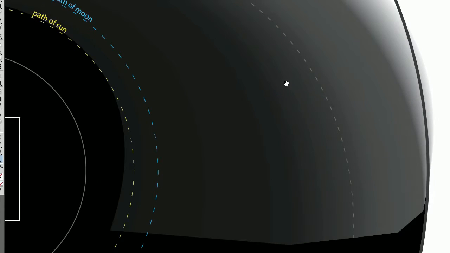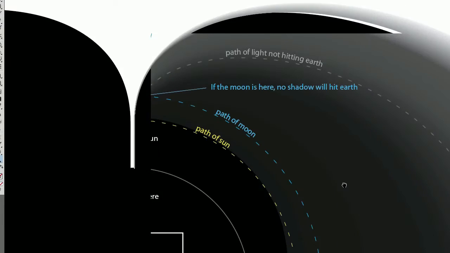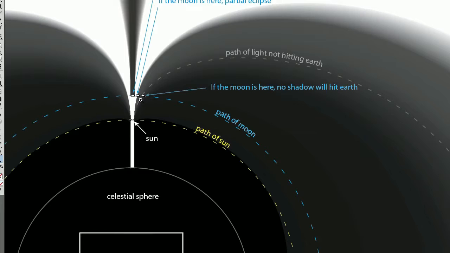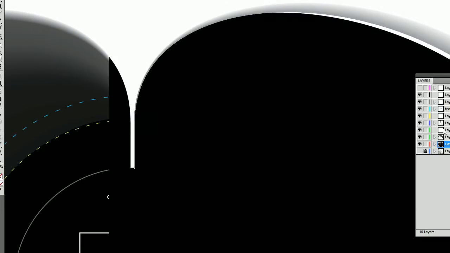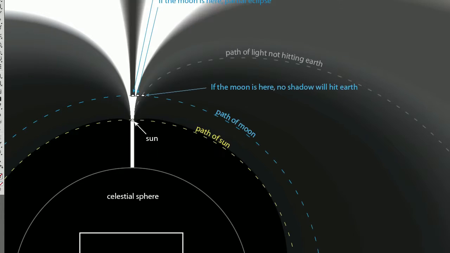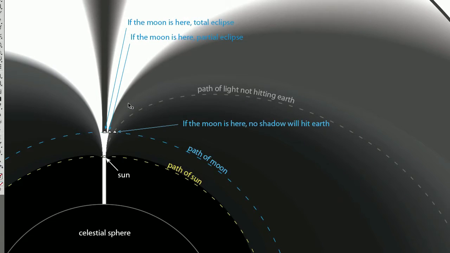If it is intersecting with that funnel illumination zone, that's when we get a partial solar eclipse. And so the partial solar eclipse, let me get my layer up here, it's going to project a shadow area where the shading is going to bend around like that. And so this area over here